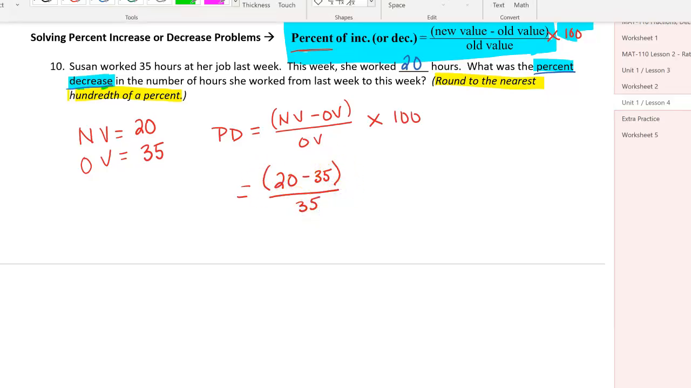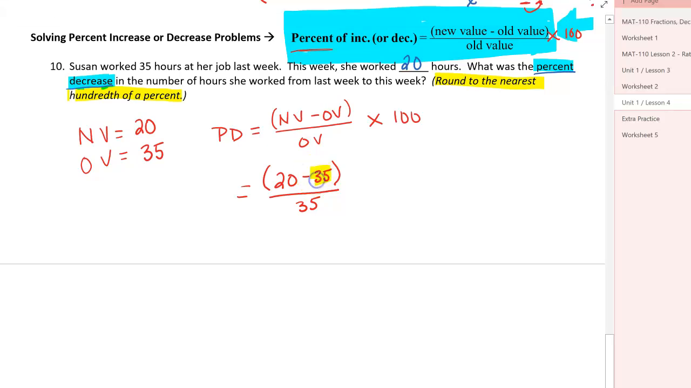Notice that with this formula, the amount that you subtract and the amount that you divide by are always going to be the same because it's old value here and old value down here. Another thing to notice is that if it's percent decrease, the new value is going to be less than the old value because it's going down, which will create a negative value in your numerator. So now if you do negative 15 divided by 35, you get negative